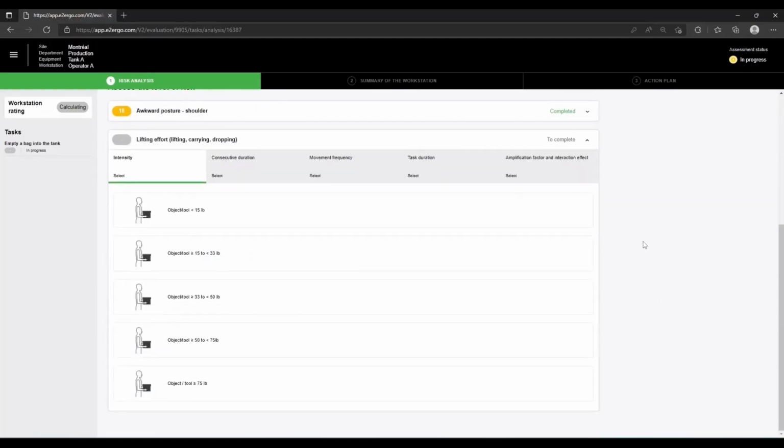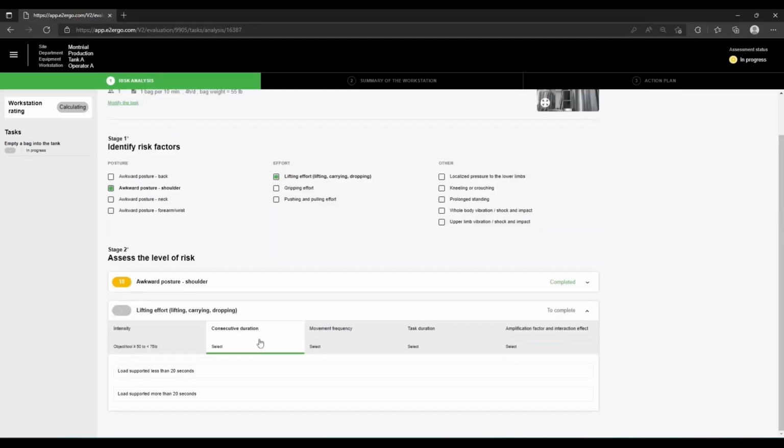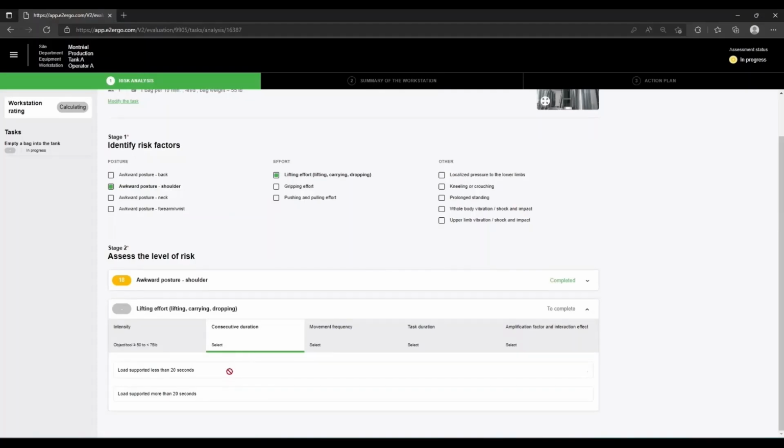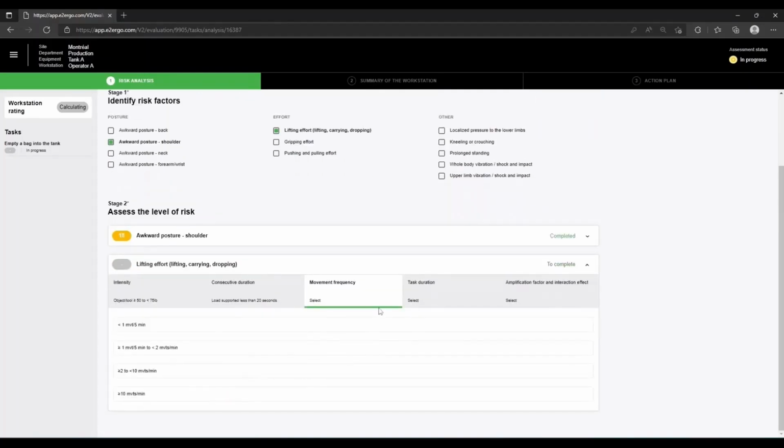So the bag weighs 55 pounds, so over 50 pounds. The bags are held for 12 seconds each, so less than 20 seconds. The worker handles 1 bag per 10 minutes, so less than once every 5 minutes. The worker will do the task for 4 hours a day,